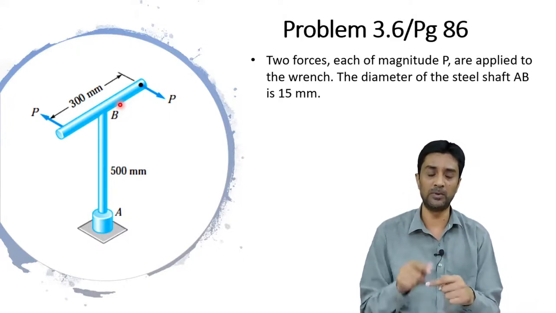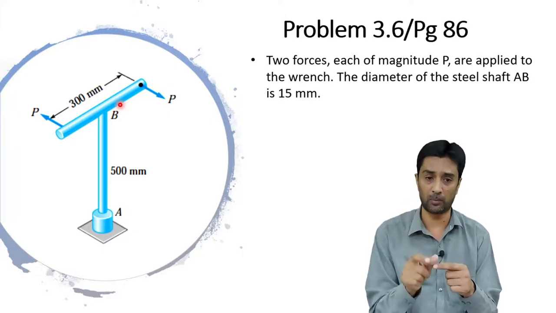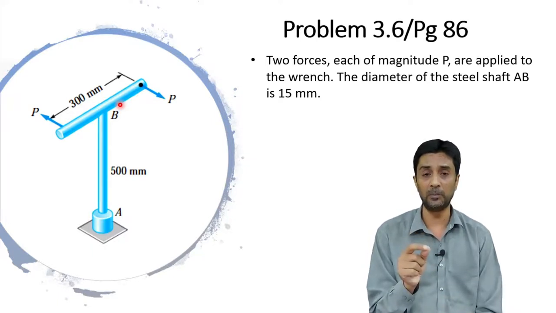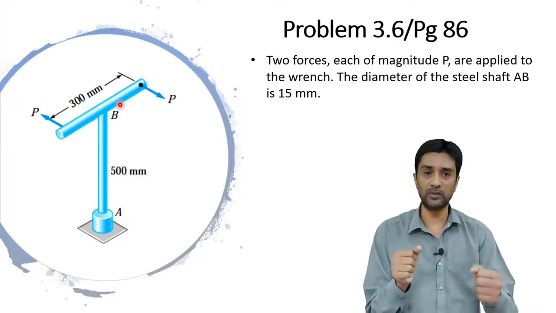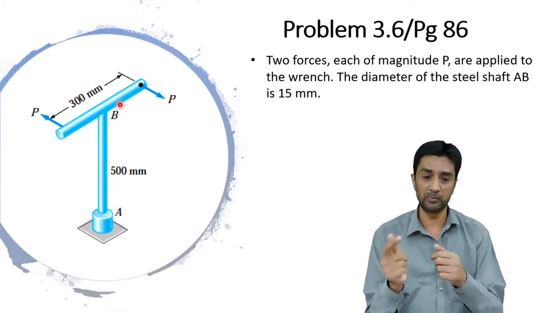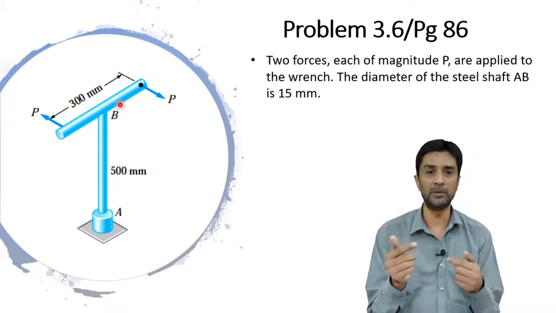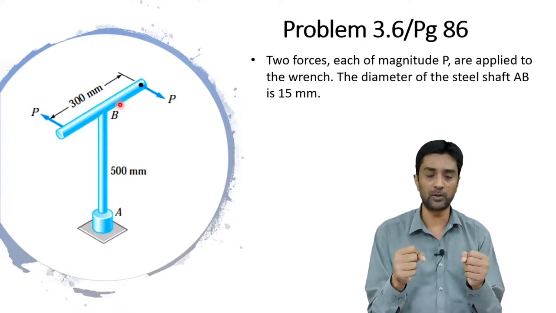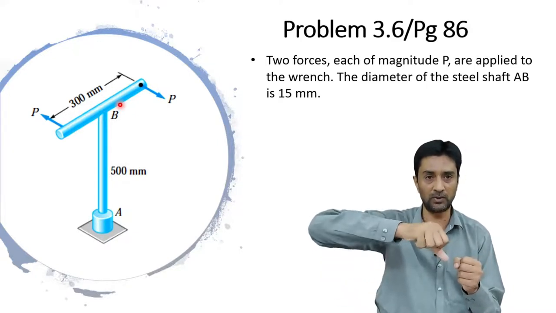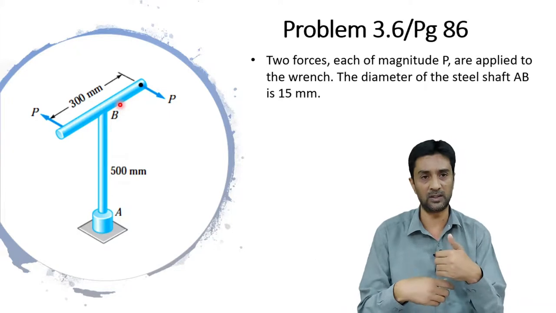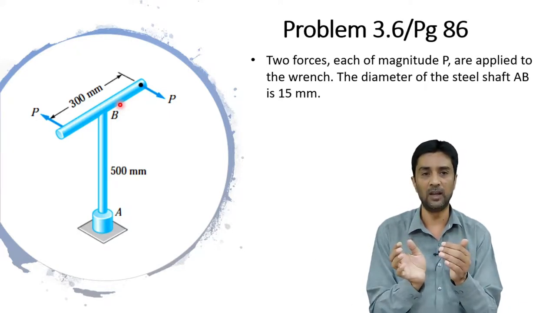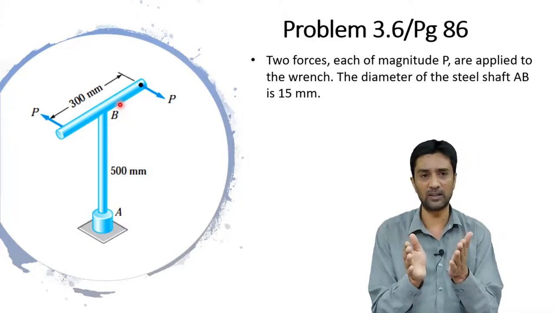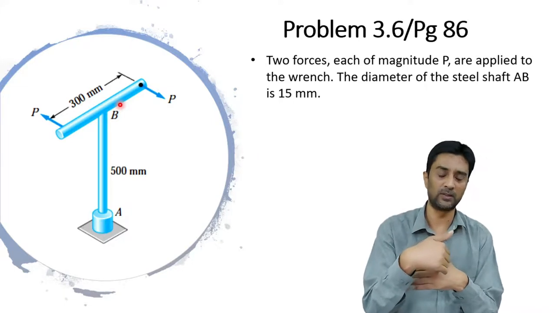As you can see in this particular problem, these two forces are equal, they are opposite, they are acting at a certain distance apart, and the distance between them is 300 millimeter. So in this case, these two forces will create a moment. And what will be the magnitude of the moment? P times 300 millimeter. 300 millimeter is 0.3 meters. So 0.3 P is the amount of torque that these forces will produce, and the direction of this torque would be clockwise. Whatever the convention, I think the clockwise torque we are taking as negative, and the counterclockwise torque we were taking as positive.